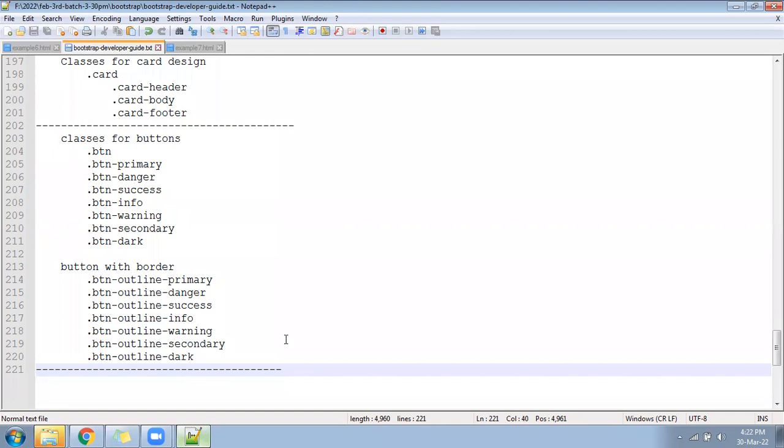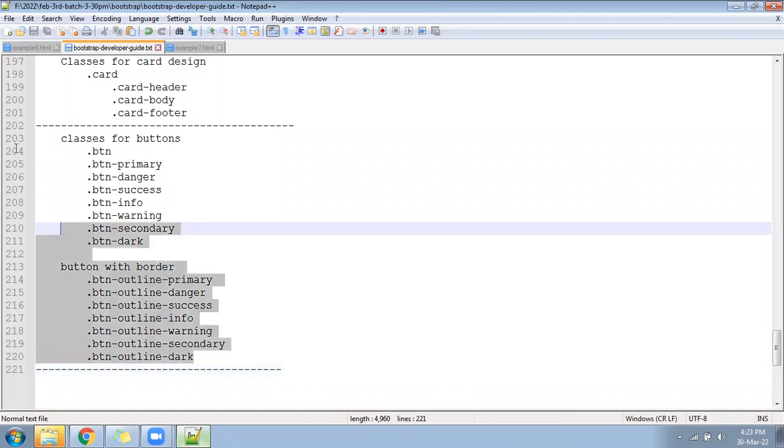Yes, I hope notes are ready. Create the next file, button.html. This much I can share in the chat also.